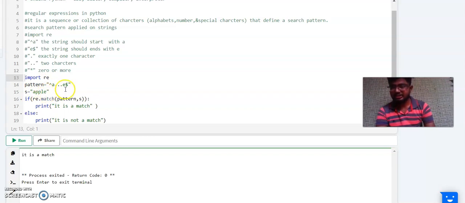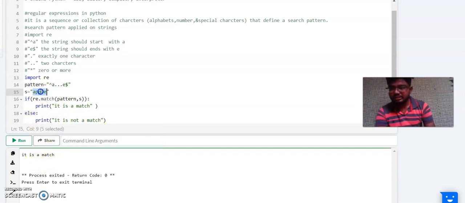Then E, the pattern says it should end with E, so the string also should end with E. That means if re dot match of pattern comma s matches, it will print it is a match, else it is not a match. So it is a match is printed.